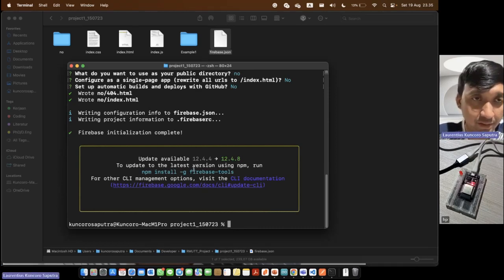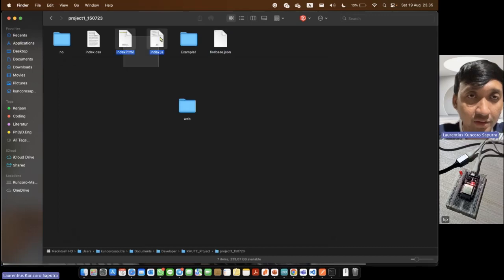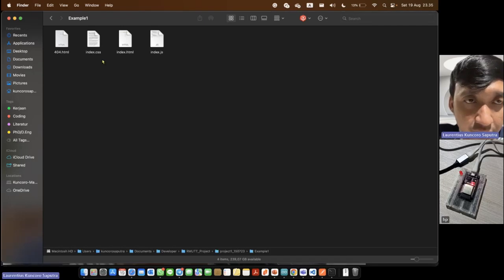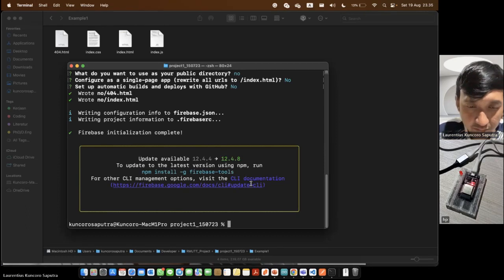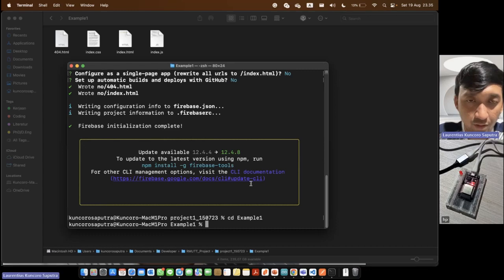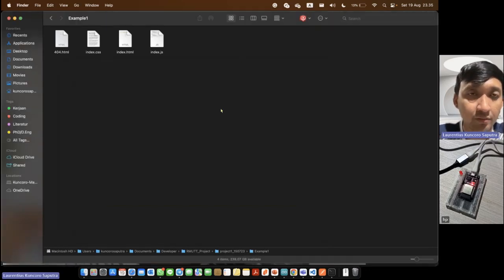Go to example. I copied the three files here into example. So this example folder is the folder that will be hosted to the Firebase hosting. Yeah. Okay. cd example. Okay, and for the deployment, maybe to check for the